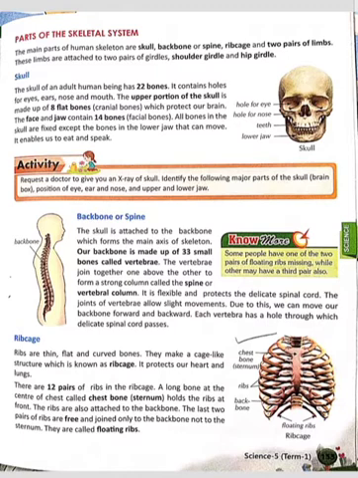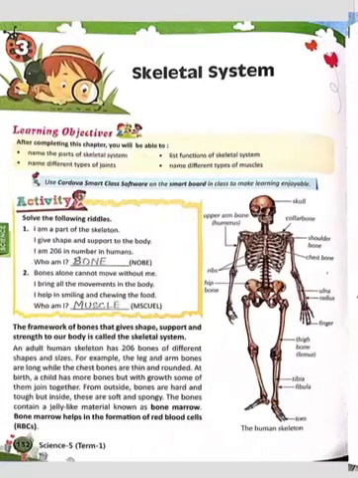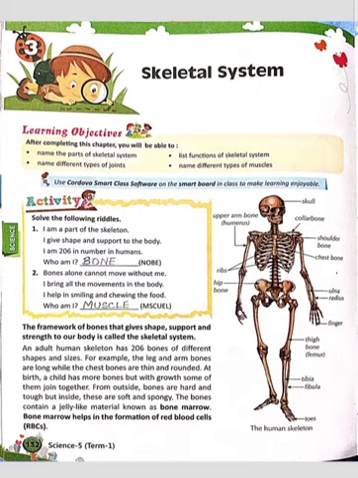In the chapter Animal World we talked about limbs, that all animals have either four limbs, and sometimes they use the hind limbs like us for walking and movement, and sometimes they use all four limbs for walking and movement. These limbs are attached to two pairs of girdles, the shoulder girdle and the hip girdle. You can see in this diagram, this is the shoulder girdle and this is the hip girdle.